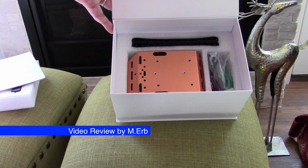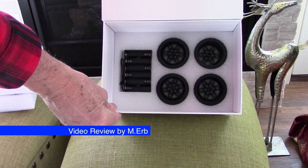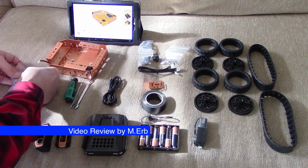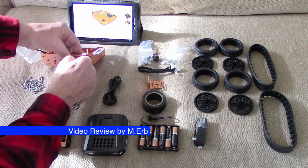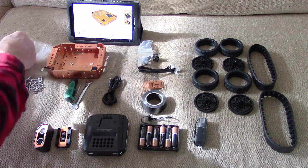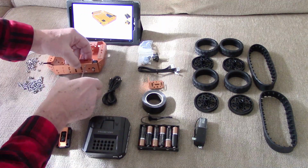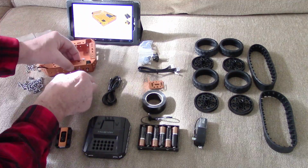So here's the box. These are all the different layers of components that are inside the box, and this gives you everything you need to get started except batteries. You will need to buy 6 AA batteries. The app that you download to your smartphone or Android tablet, it is Android only at this point in time,